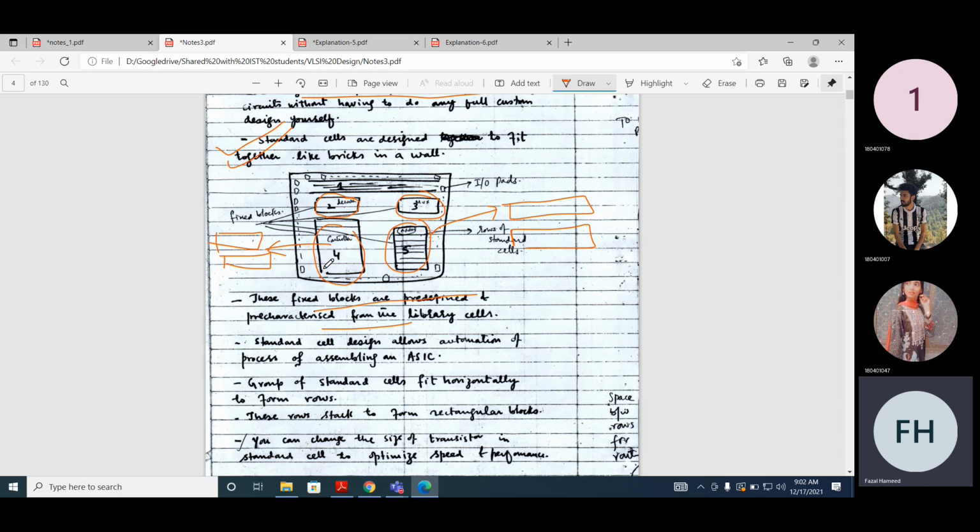Either you can design the controller yourself by combining all of the existing blocks, or you can use this controller or this multiplexer or decoder from the library. And if some design is not available in the library, how can you design that cell? You can use not custom. You can use the existing library to create a new block.